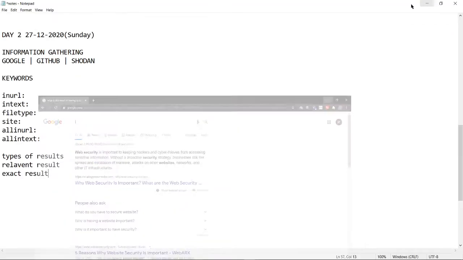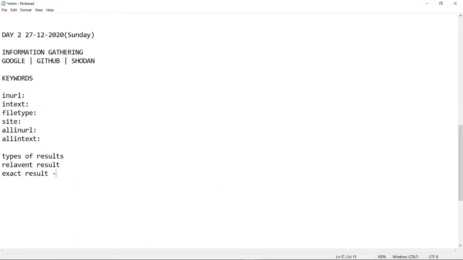When we need to get exact results, the technical term for it is Google Dorking. The relevant results are what we use in our daily life. If you understand Google Dorks very well and are able to apply them, you can search for whatever thing you want in Google. You will get the exact thing, as long as it is available on the internet. For sure you will get it when you are using Google Dorks.